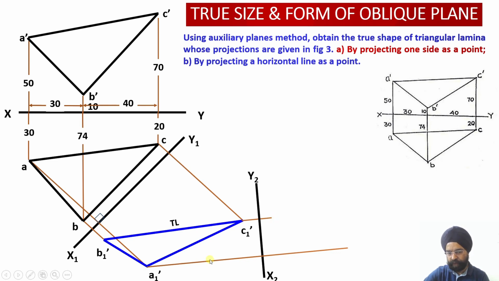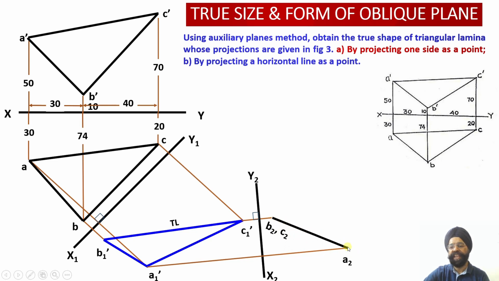Similarly, what is the distance of A dash? Now I'll mark this distance corresponding to the locus of A from the x1 y1 line. So again, you see, I'll pick up my divider, keep the needles of the divider one at this point, another one at this point, and measure the length of this distance of point A from the auxiliary plane x1 y1 on the locus line of A1 dash. Mark this distance from x2 y2 over here. Having worked this out, now you can please see what this is.